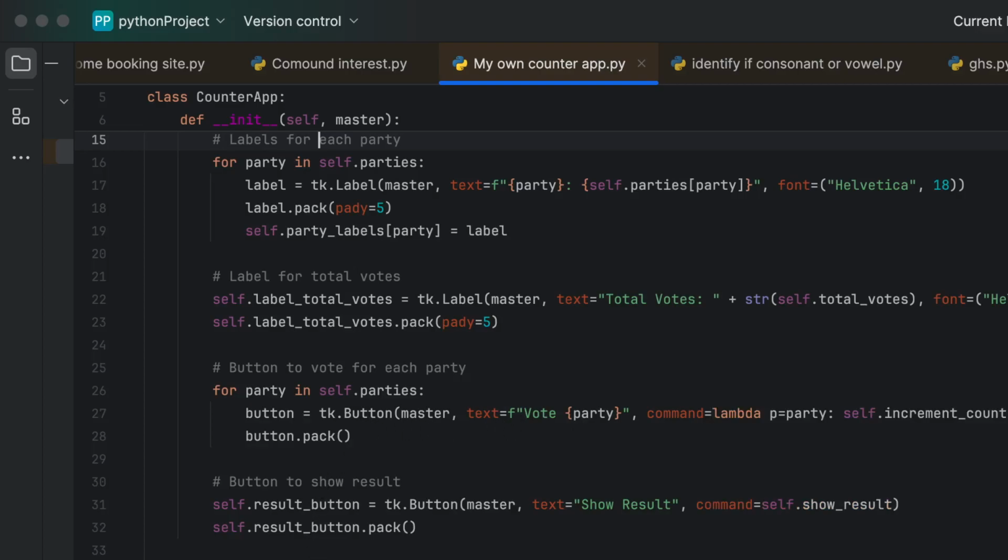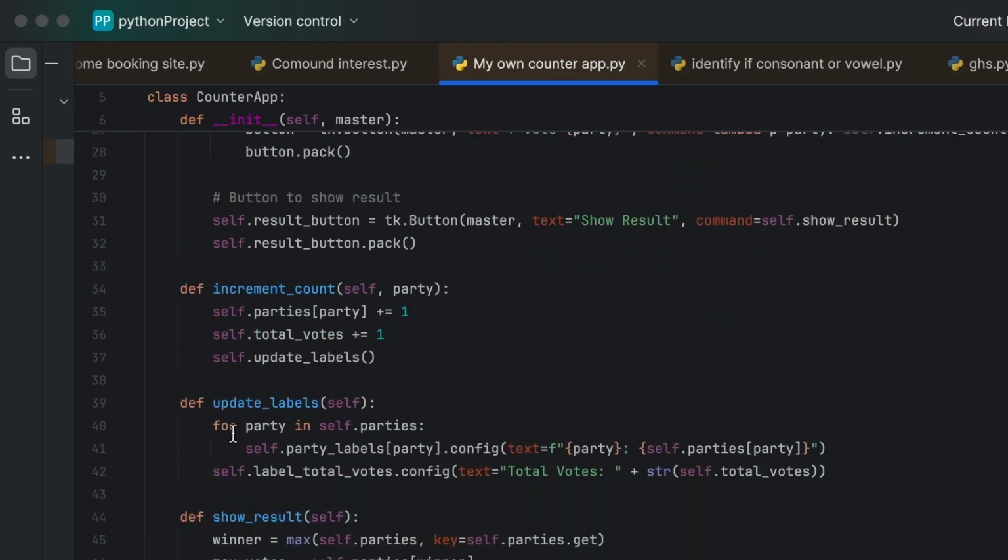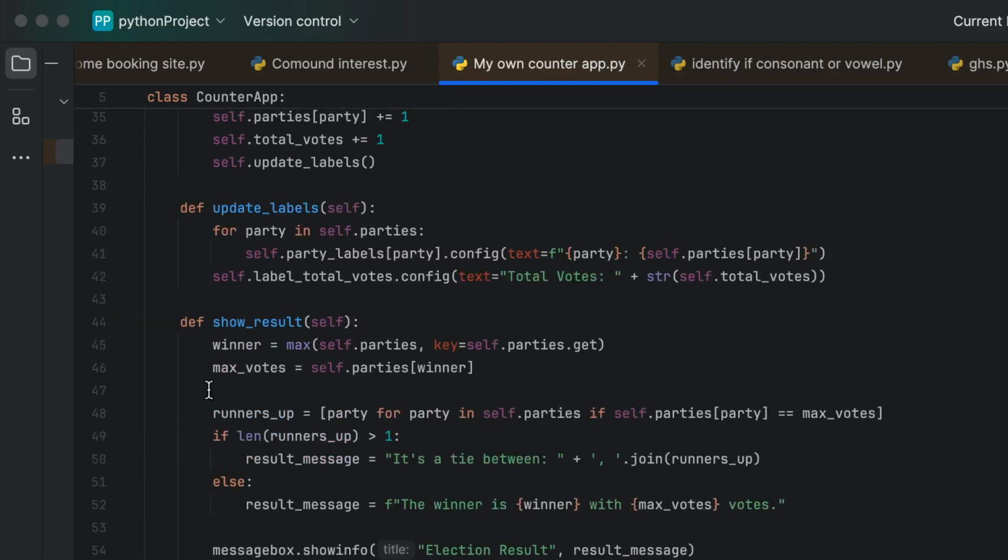And then we use increment count, in which we use self.party and then self.parties plus 1, and self.total_votes plus 1. So if the party count goes plus 1, then the total votes will also go plus 1. Then we call self.update_labels and define update_label, and then we define the runner-ups. The people who get the most votes win.